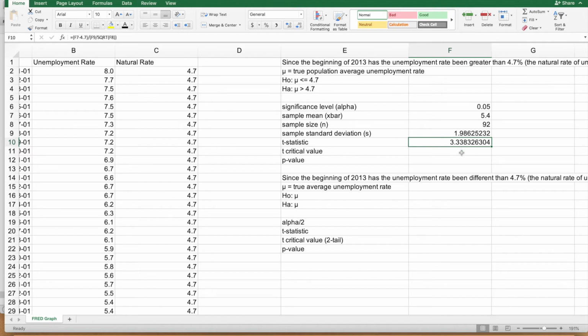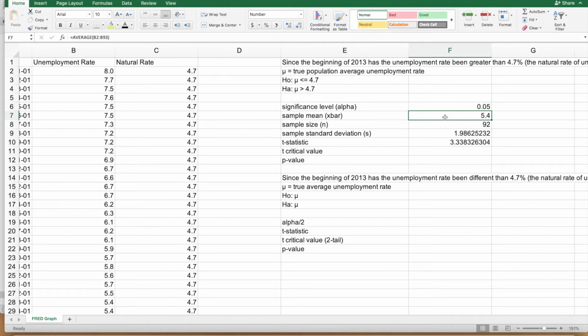3.34. Okay? So real quick on the interpretation of what this means right here. What we found up here is that our sample average is 0.7 units above our null mean, right? Because 5.4 minus 4.7 is 0.7. That is what percentage the sample unemployment rate is above the null mean? 0.7 percentage points. So we observed that it was higher, but we said, well, that's not enough to know if